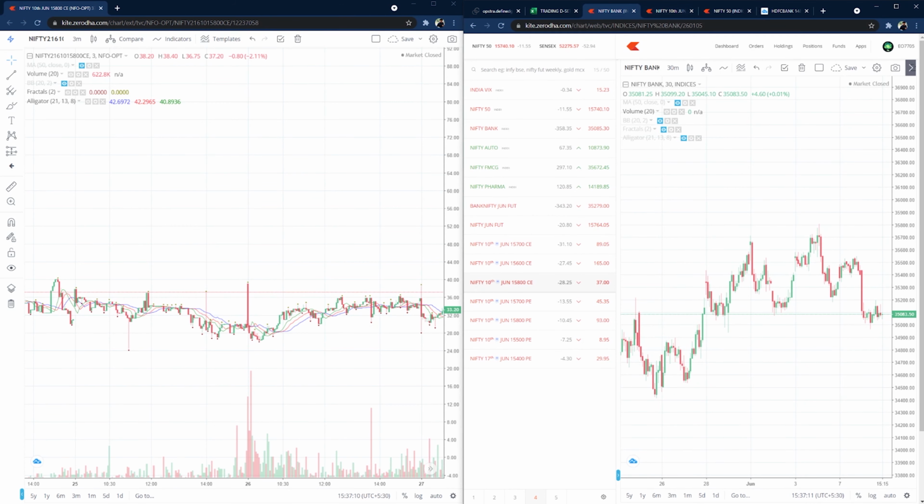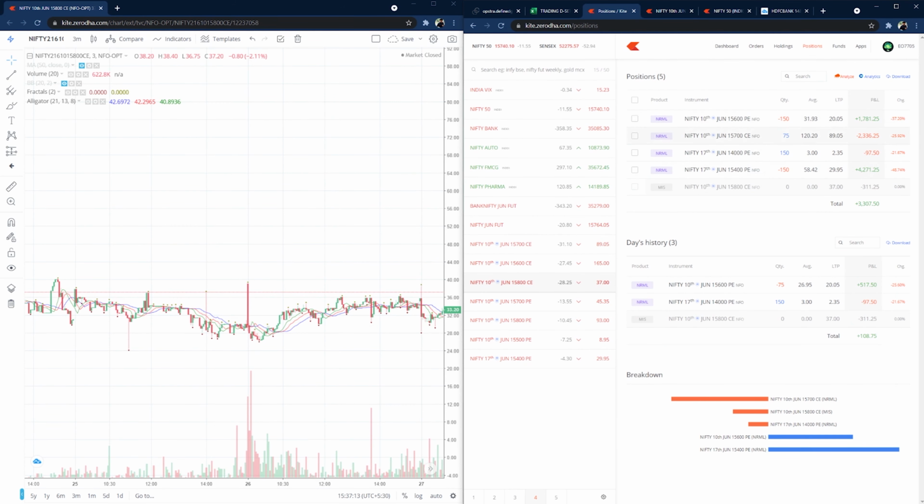For the position that I'm holding right now, I'm looking forward to this expiry. I believe my target will be 7 to 8,000 for the 15,400 put option, and for 15,700 I still believe it's able to achieve 5,000 if the market is trendy tomorrow. If the market is able to pass the 15,800 mark, then it looks like a really good sign. If the market is trendy this Thursday, I will definitely have a really good opportunity to capture more points.